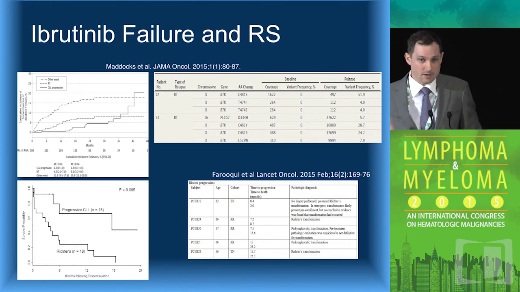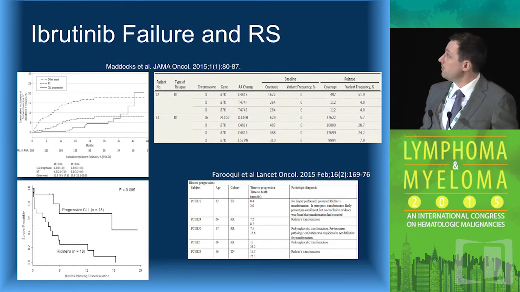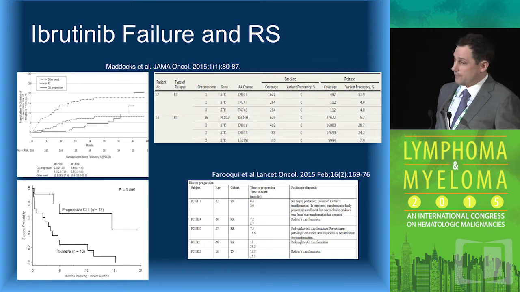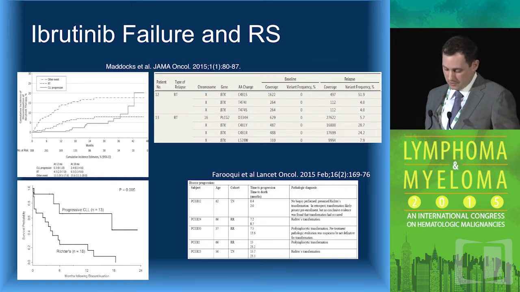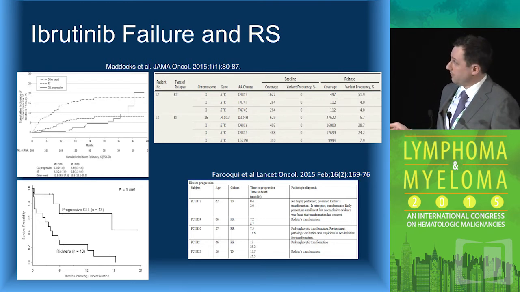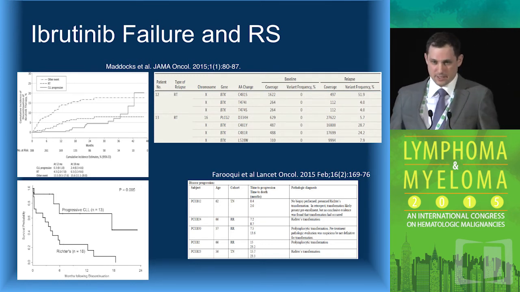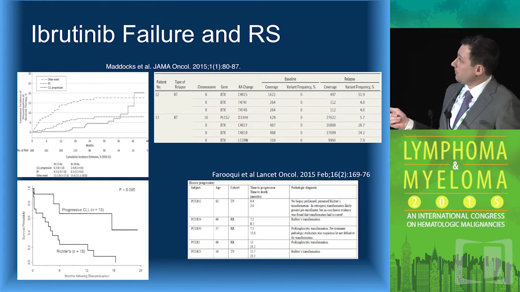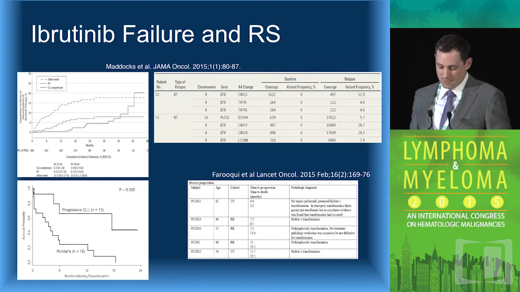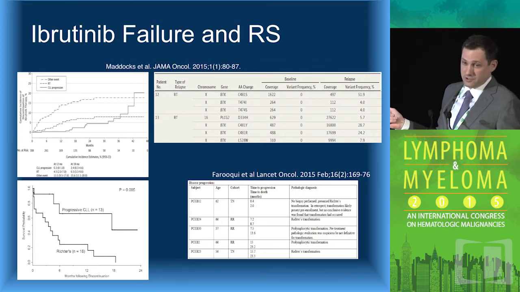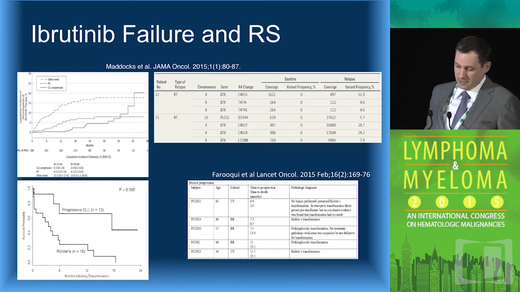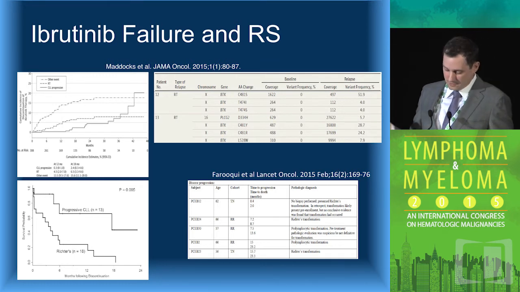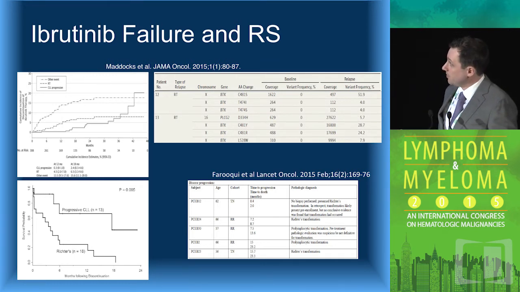So moving on to the era of our new TKIs and ibrutinib, we've asked the question of what effect ibrutinib has on Richter's syndrome. Kami Maddox and the Ohio State group have recently published, and we've seen these figures already, that Richter's transformation seems to occur pretty early after treatment with ibrutinib, within the first 12 to 18 months, the first year and a half, and this does start to plateau. About 7% of patients have transformed. If you get past that year and a half time point, it's going to be mainly progression of your CLL rather than transformation.